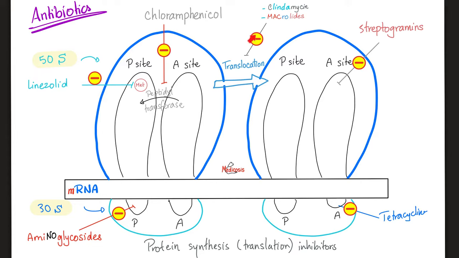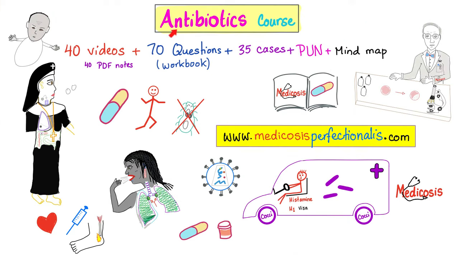Therefore, we can invent medications that target the bacterial ribosome without significantly affecting your own ribosome, because the bacterial ribosome is different from your ribosome. And this is how protein synthesis inhibitors, another class of antibiotics, work. And you can learn about these antimicrobials such as antibacterials, antivirals, antifungals, and antiparasitic medications by downloading my antibiotics course